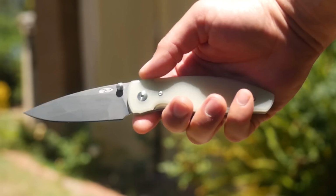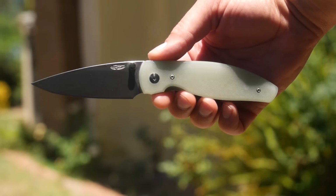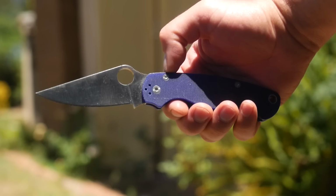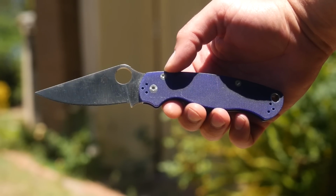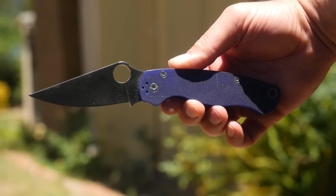Does it make a knife better? Well, its thinness and lightness are definitely quantifiable. Is the 4 ounces of the Paramilitary 2 a huge disadvantage over the 3 ounces of the Atom? Maybe the thinness in the hand or the less defined, more neutral grip area is better for you. But these are all subjective to the user, and I prefer the looks and the locking system on the Paramilitary 2 to the